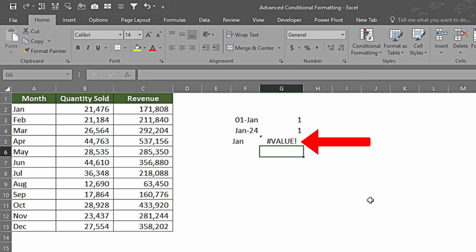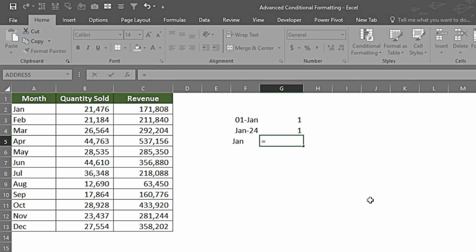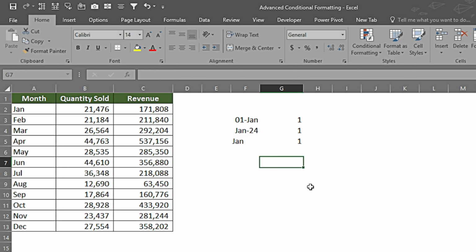So how can we solve it? For getting the same answer, I will press equal sign, press 1, put an ampersand sign, and then select the month and press enter. And now, as we can see over here, it is the same, the 1st January. Now if I place this within the month function and close the bracket, and press enter, we can see that it is giving the same result. So we will be using this third scenario in a function.